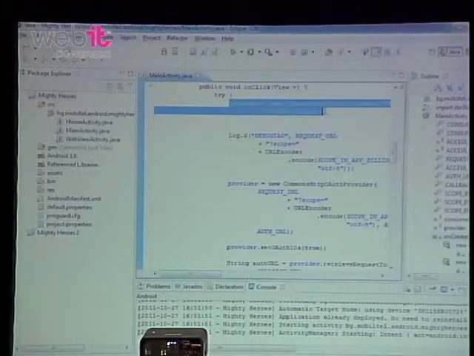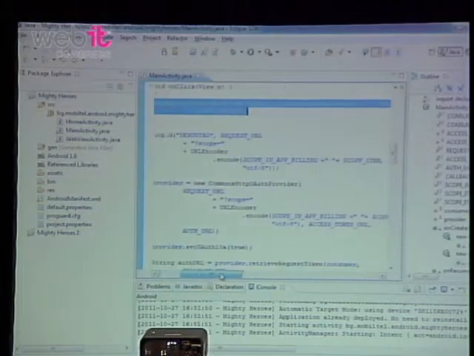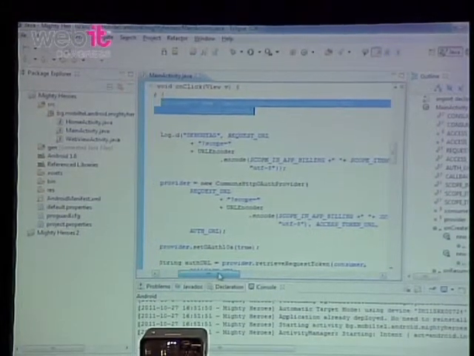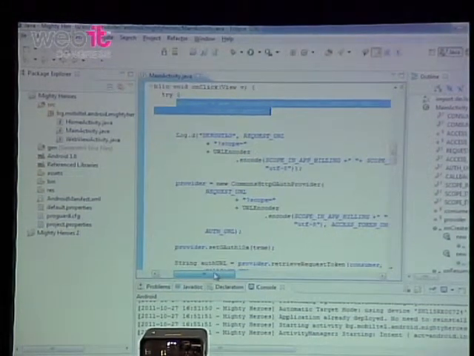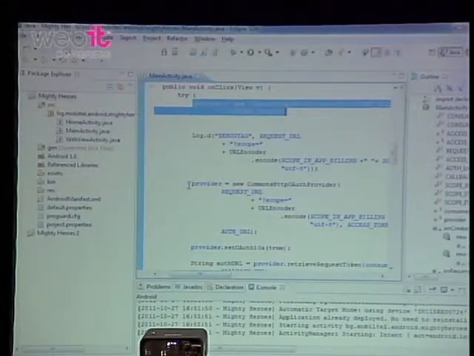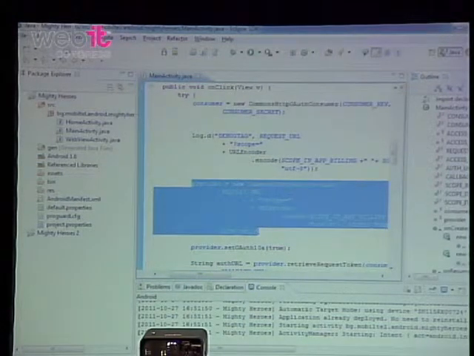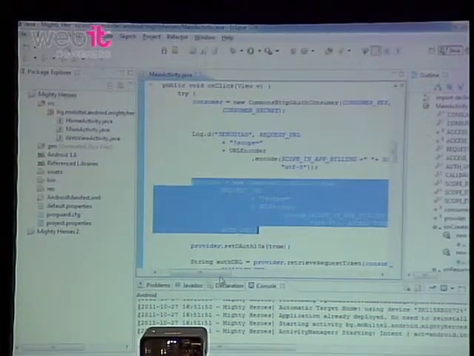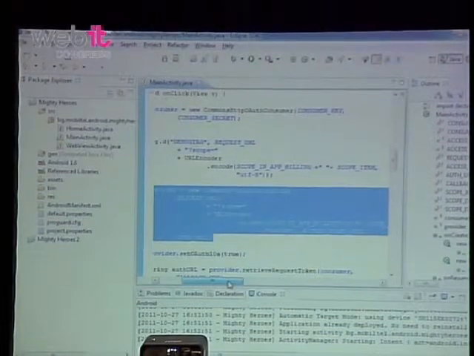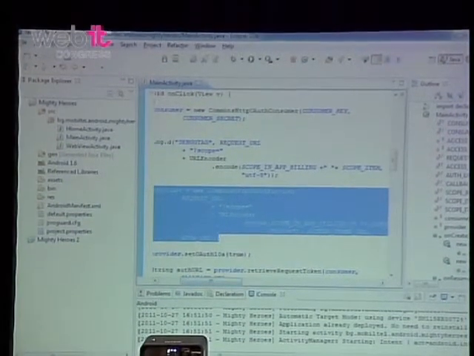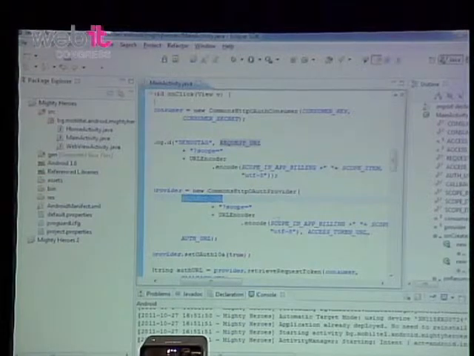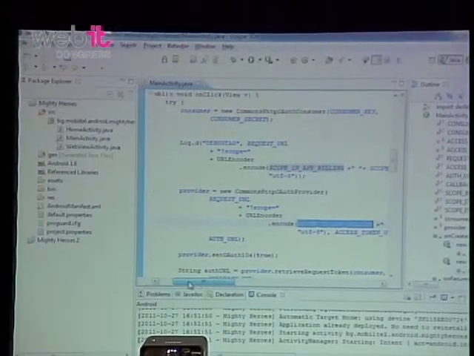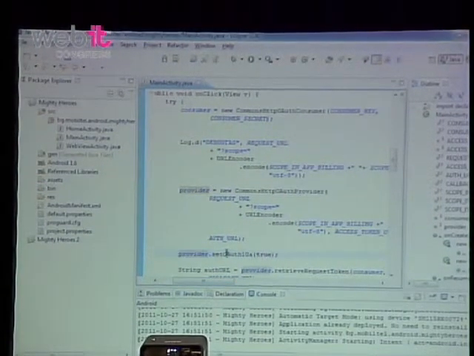With only one line here, I'm actually initializing the library, the OAuth signpost library. With a second line here, well, it's a little bit longer line, but it's still one line, I can assure you. With this line, I'm actually configuring the library, and I'm inputting the request URL and the scopes. And then I have to call this method so that